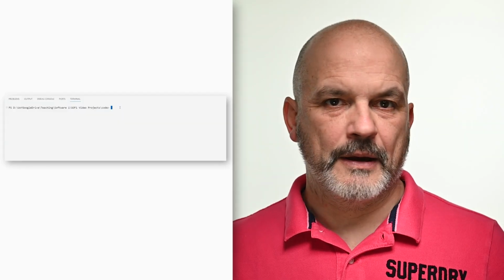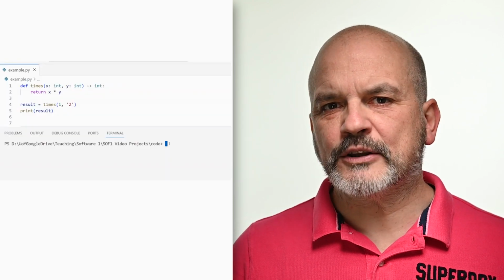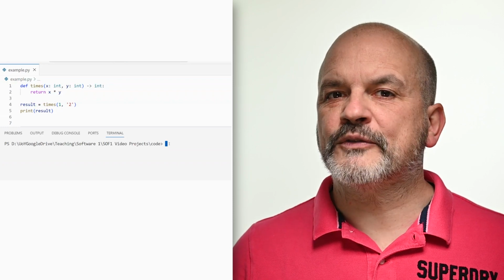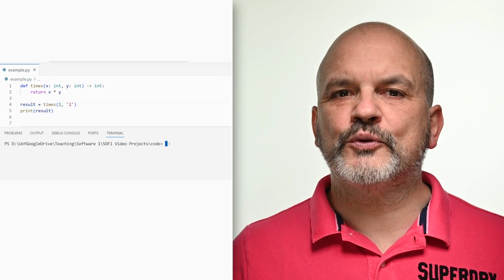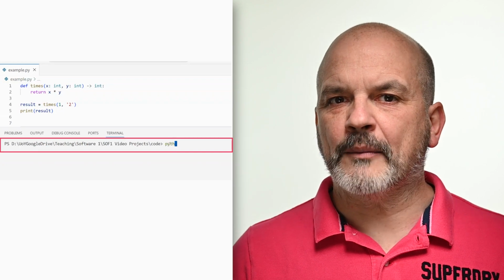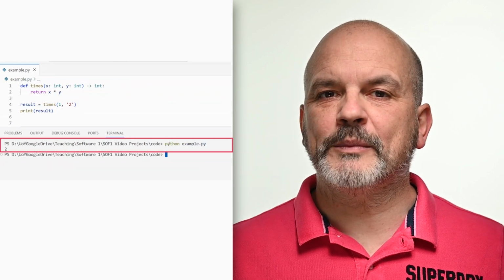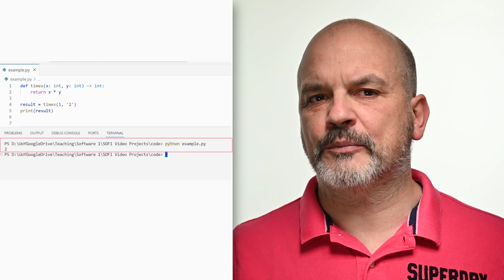The following example demonstrates how type checking works with MyPy, a static type checker for Python. First, we need to install MyPy using pip. Pip install mypy. Then we can create a file named example.py with the following code. In this code, we are calling the times function with two arguments of different type, 1 and 2 as a string. The program would run without any issues, but we may not have the expected result. This might prove difficult to debug in a larger project.